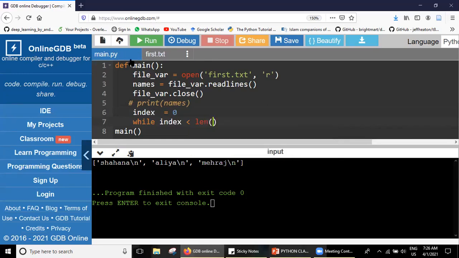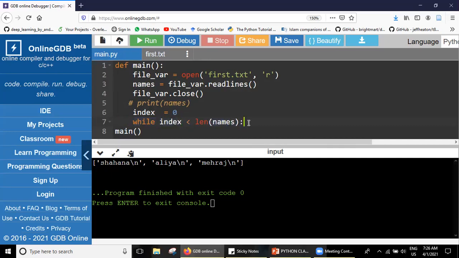Length of this one, right? We are storing all the tuple in the names from the file. So I have to pass these names. So what happens? The while loop is running from 0 until the end, the length of the tuple.